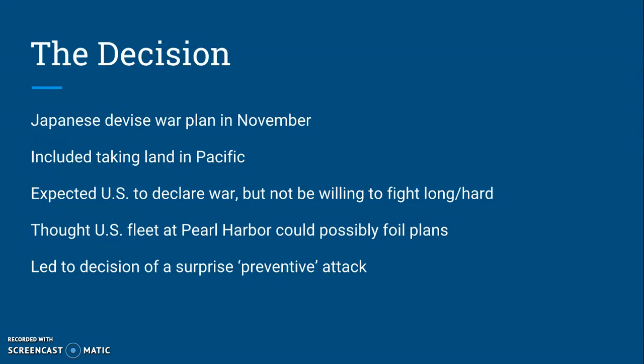They also believed attempting to push farther into the Pacific Ocean would prompt a U.S. reaction, with Pearl Harbor being where Japanese forces could be challenged. So this is when the decision was made to launch the attack on Pearl Harbor as a surprise preventive attack so that they wouldn't encounter any extra roadblocks, so to speak, in their quest farther into the Pacific.